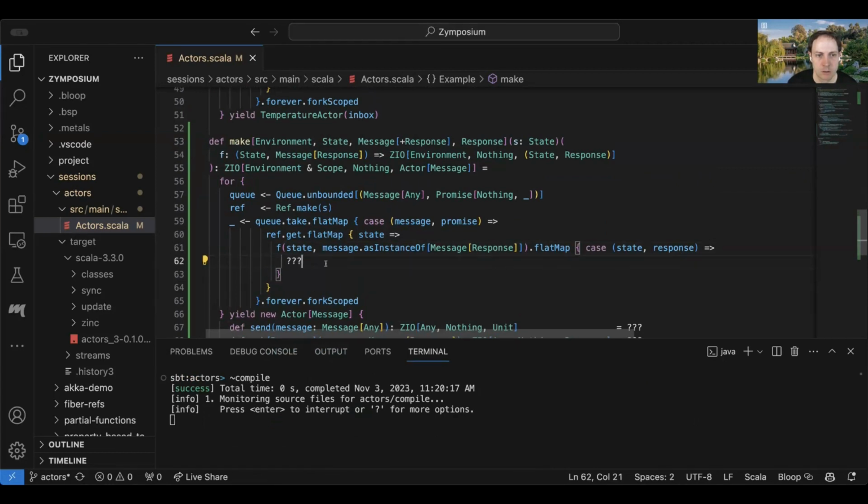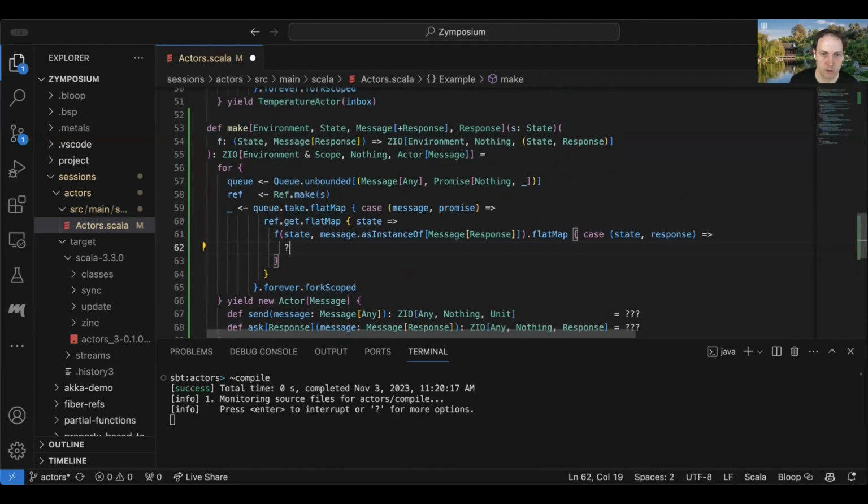So here then, we would need to set the ref to the new state. And notice that here, we don't need to worry about using an operator like ref.update or ref.modify because we're the only ones who are interacting with this ref. I think this is actually a point that Naveed made last time that, since we're the only ones interacting with this ref, we don't strictly speaking need a ref. This could be something like a var. But I think here, just to keep us in this functional world, I'm going to use ref anyway. So basically, we need to update the state with the new state.